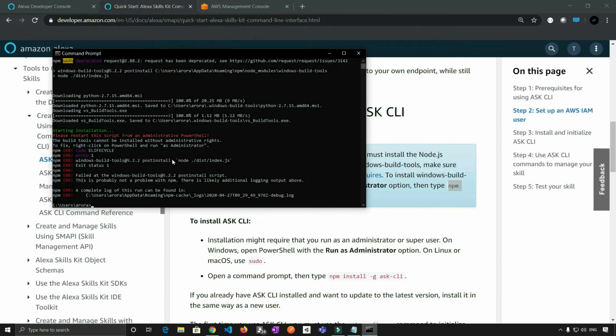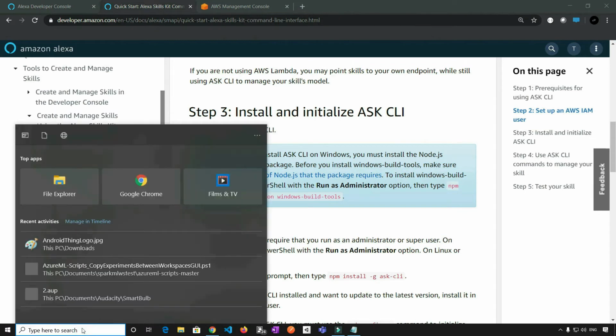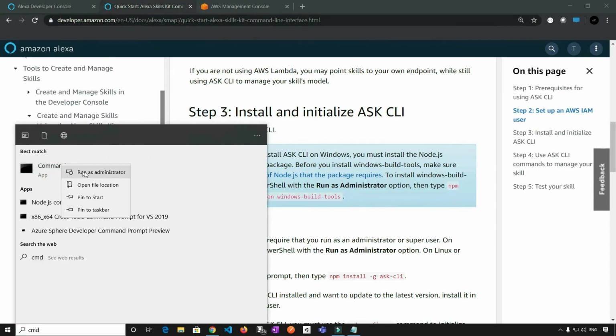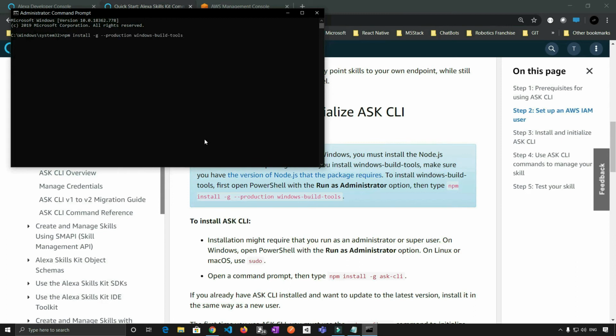Okay, so seems like there is an error. Just going to exit and open the command prompt as admin. So right click and open as administrator. Run the command again.